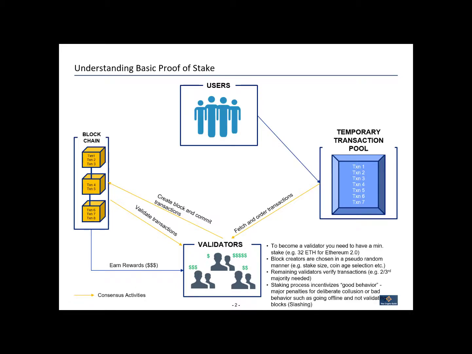And one other thing to keep in mind is that staking in general incentivizes good behavior. We touched upon this previously, but essentially there are major penalties for deliberate collusion. You could lose your entire stake. And you even get what they call slashing penalties, which is to say that suppose you don't perform your role as a validator appropriately. Like suppose your computer is turned off and you've said you wanted to be a validator and the network tried to select you, but you weren't available. In those cases, you'll get a penalty where some of the stake that you have will be slashed or